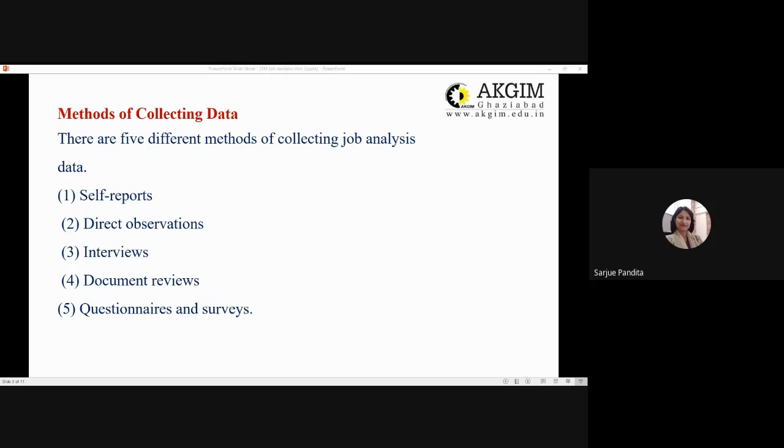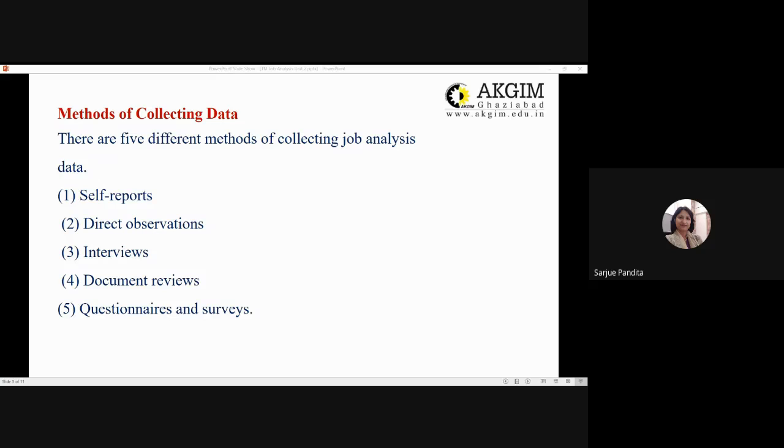So then we have document reviews. Document reviews again make a source of data for job analysis, because the archives of most organizations contain a variety of documents that are full of useful information which help in conducting job analysis. These might include analysis of output, performance appraisals, reports by both internal auditors and external consultants, prior job